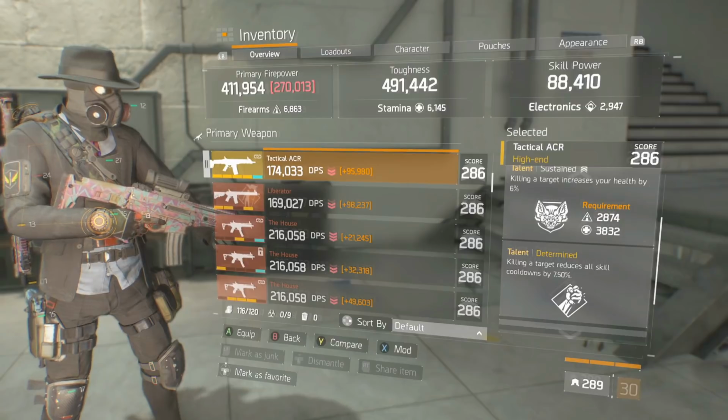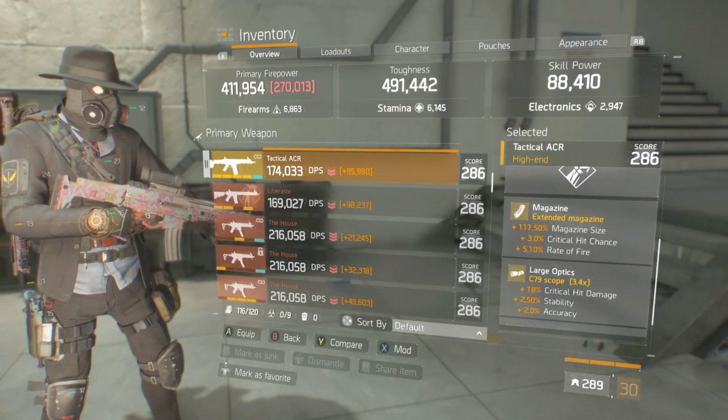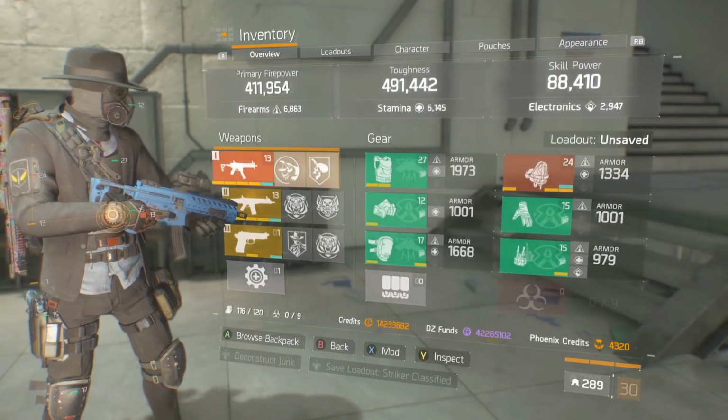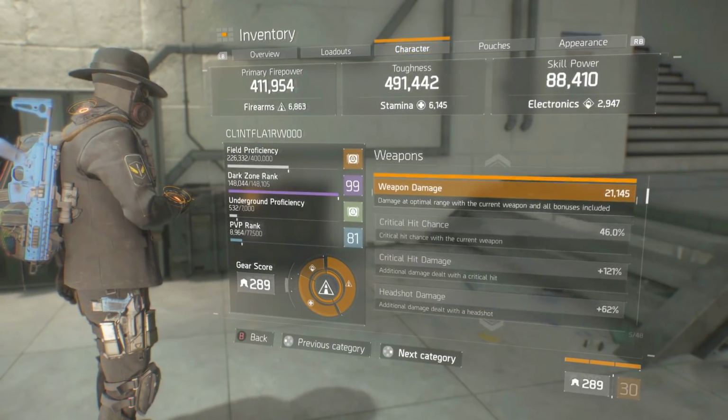is a top talent to use. Okay, in terms of attachments on the ACR, there's a lot of stability, critical hit chance, and damage on there as well. Onto the character sheet. I'll show you what makes the build tick, but firstly let's look at the critical hit